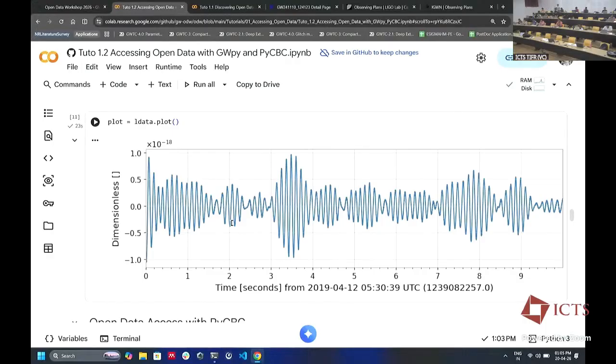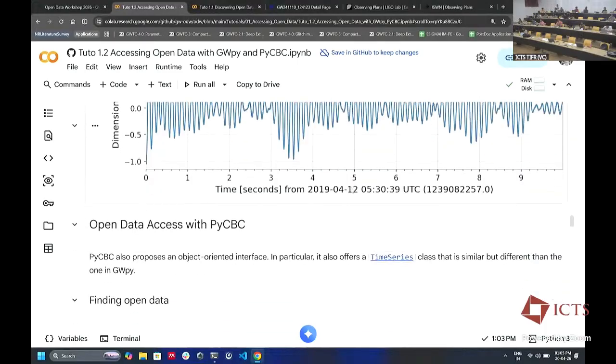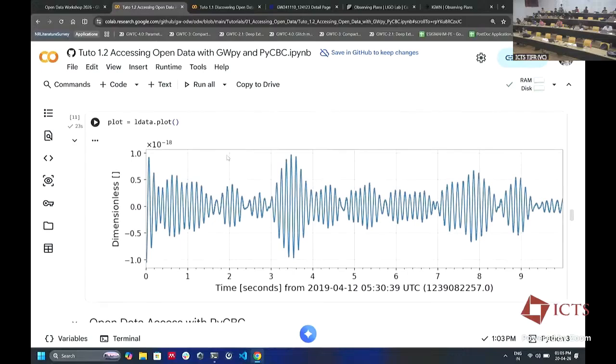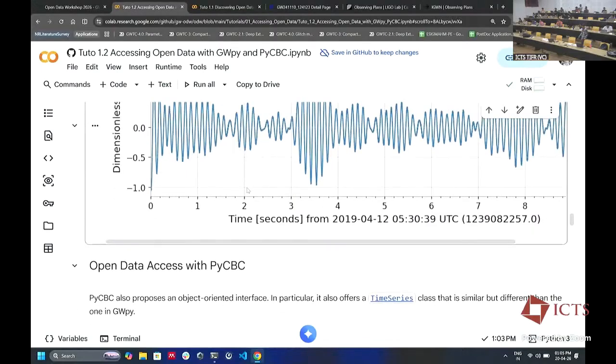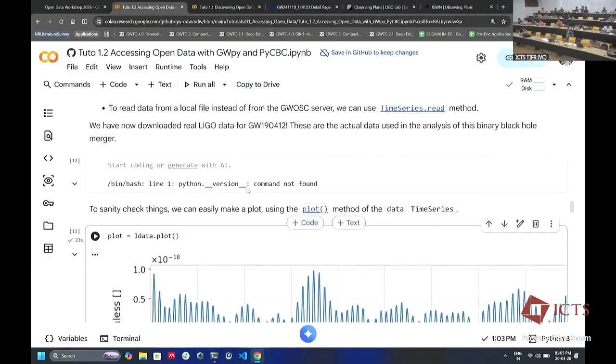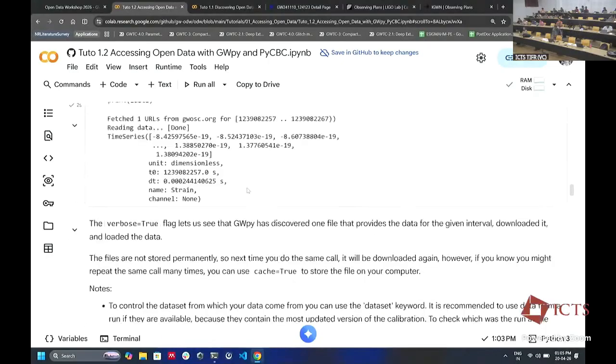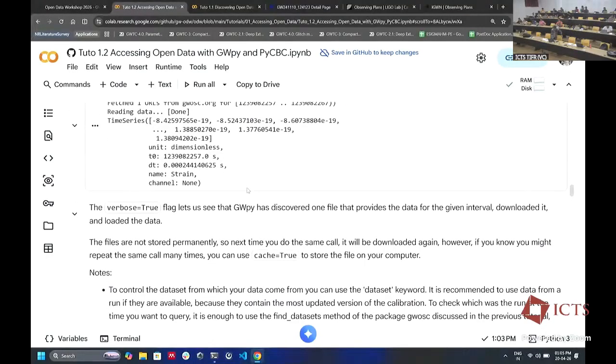Okay. So show of cards. Do people have this plot or something like this? Good. So what you have just done is downloaded actual LIGO data, and it is now here with you. There is this internal plot function. You could also do it yourself. So this was with GWPy, which downloads open data.